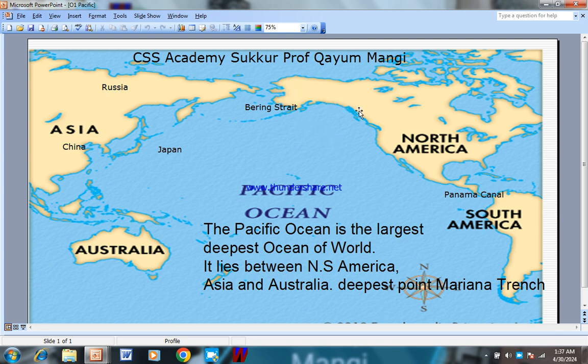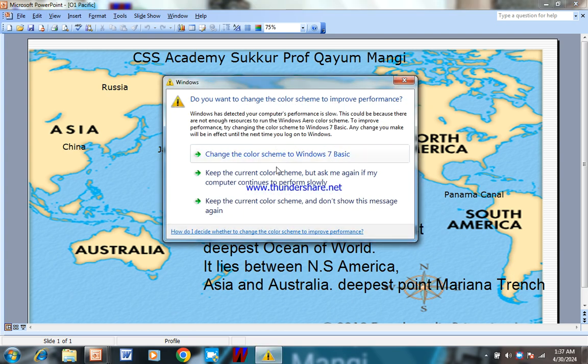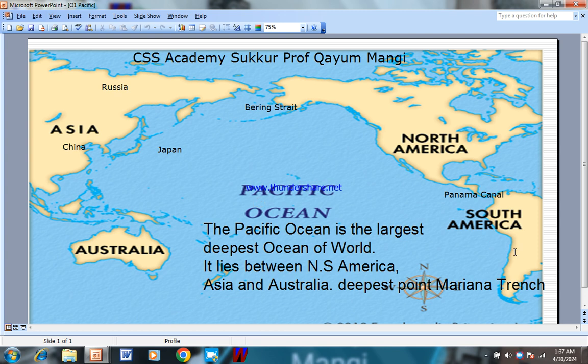North America, this is South America, this is from this point, this is Asia, and entire Asia, and this is Australia, western part of Australia. Now this is the entire Pacific Ocean. Understand? This is Japan, this is Russia, this is China, these are the Southeast Asian countries, this is Australia, and